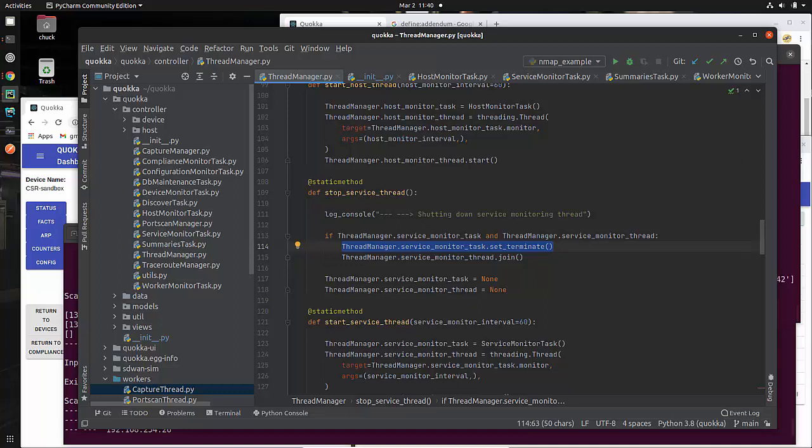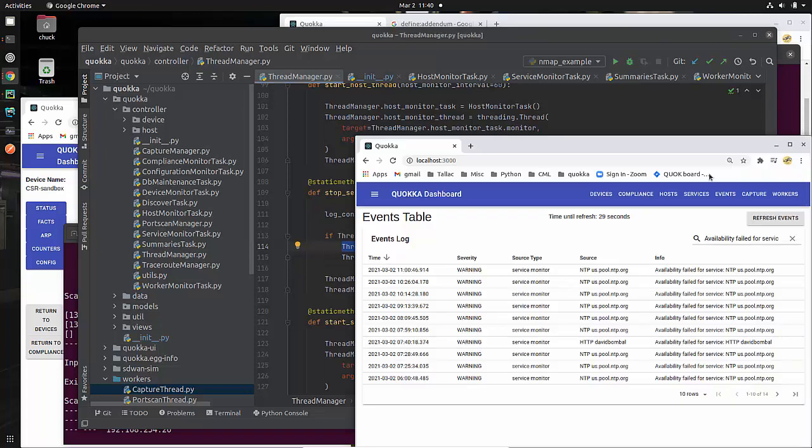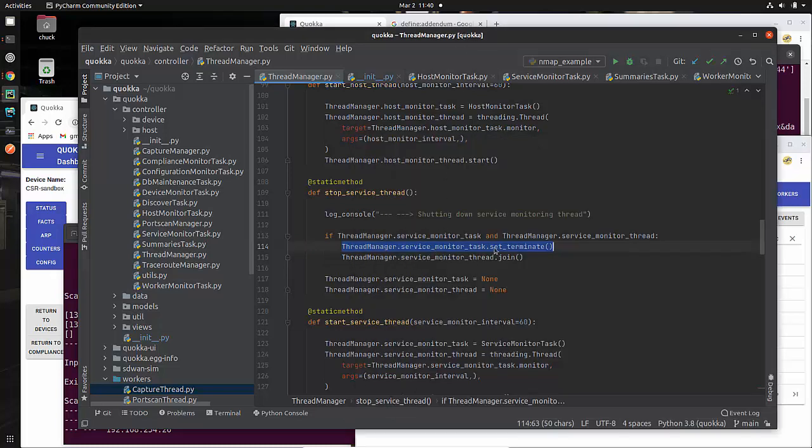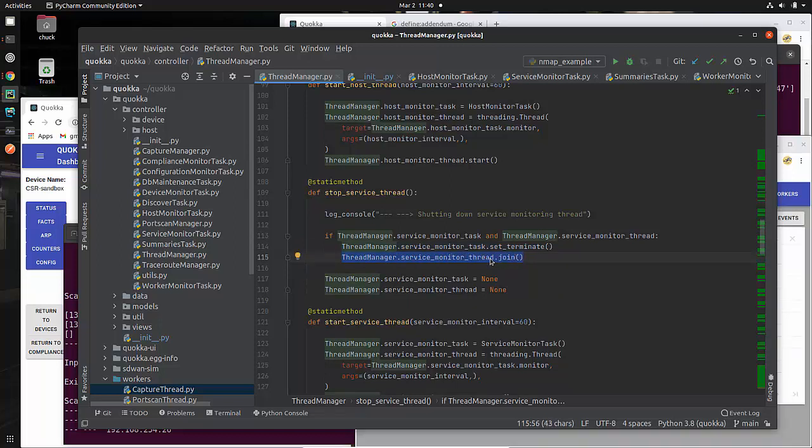If you will notice in the Quokka user interface, I can come down here and say reset services, and that will actually stop and restart just the services thread. So it's redundant and unnecessary, but it's harmless at this particular point in time. But the thing that's going to happen that's important is this, and this is the line that you need to be aware of. If you want to wait for a thread to complete, in other words, if you want it